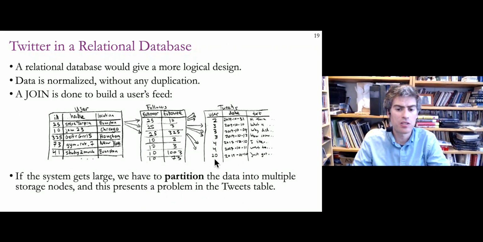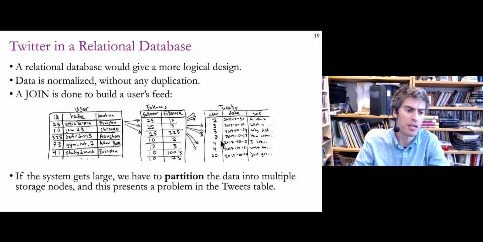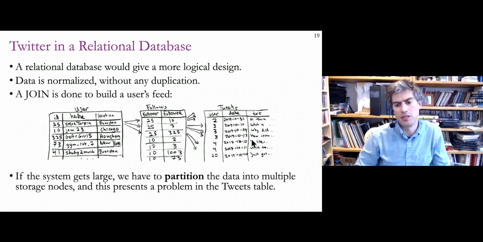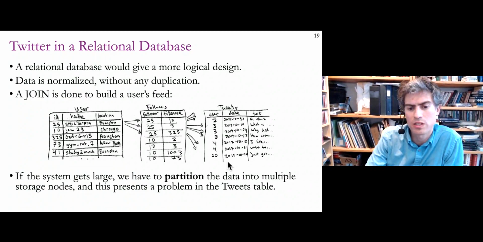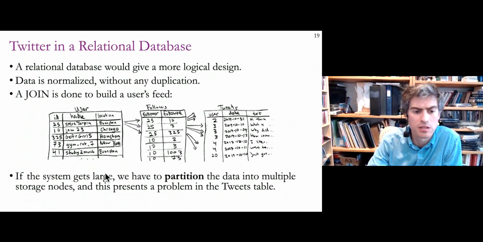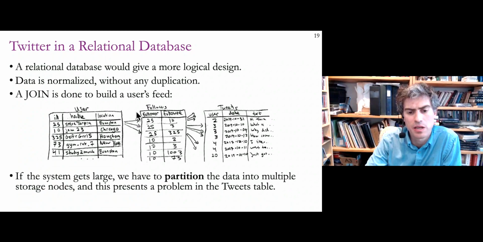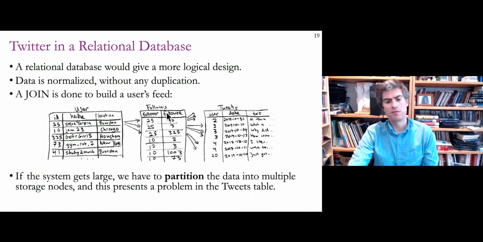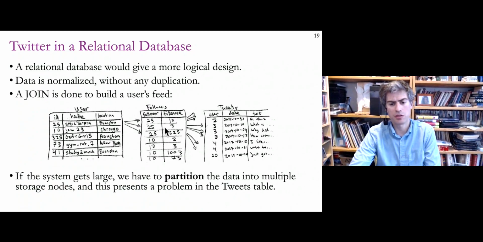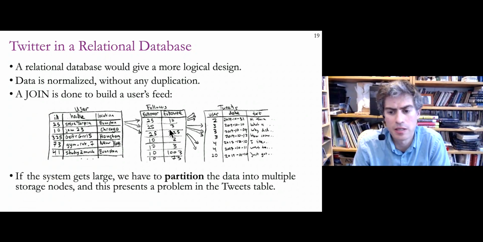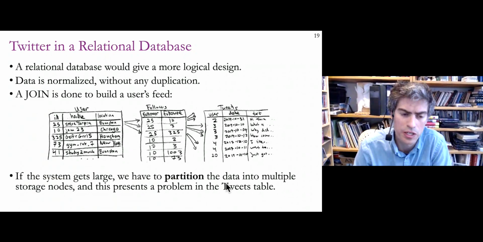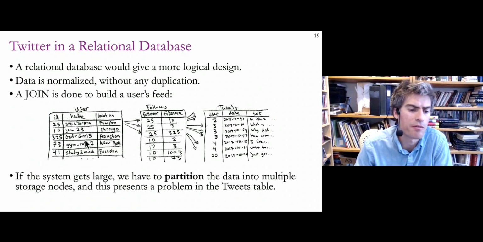If we used a relational database, it would be easy to do writes, because we'd only have to write the tweets once, and then we could use a relational design where there was a table that listed followers, and then we could do joins between users, followers, and tweets to build out your feed. So if we're looking at building out my feed, right? If I'm user 25,